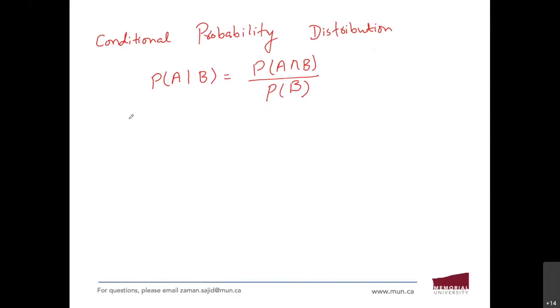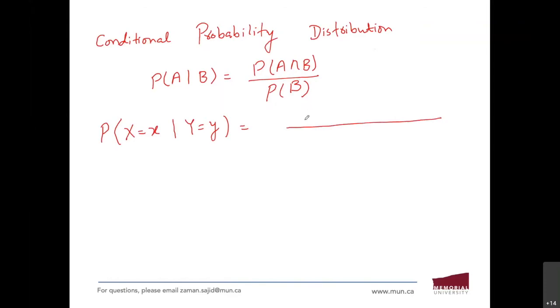Now in that case, the similar formula can be expanded. Probability of X is equal to x, given that I'm taking X and Y as variables here, Y is equal to y,